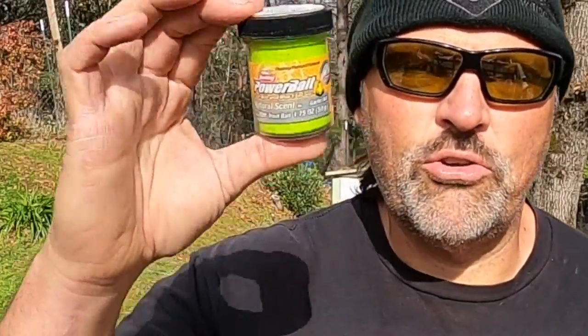But the water is likely below 50 degrees, and that can make the fish a little lethargic. Doesn't mean you can't catch them trolling. It means if you really, really want to catch fish, you might have to break out some bait. Now, I know there's some purists out there like, I only catch them trolling. That's cool. But if you want to go up there and you want to bring home some fish, trolling is probably a really good option, but I would be prepared with a bottle or 2 or 4 of green garlic